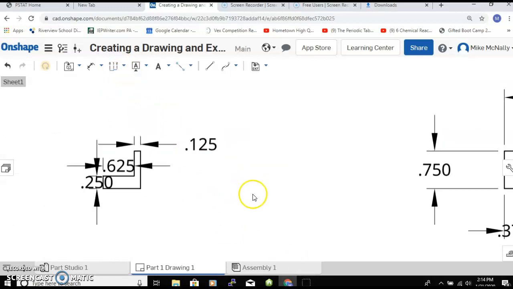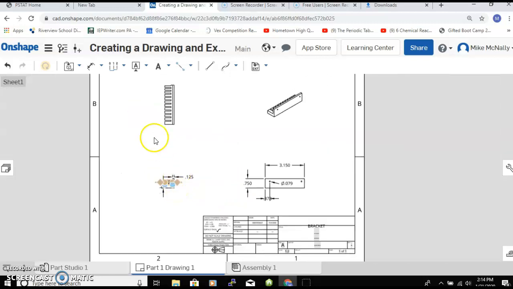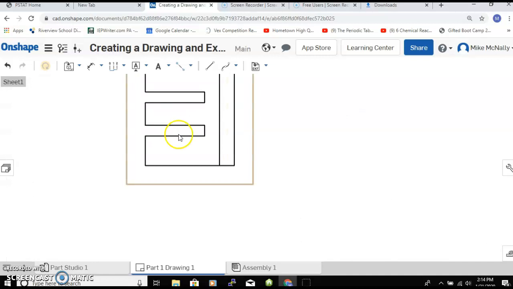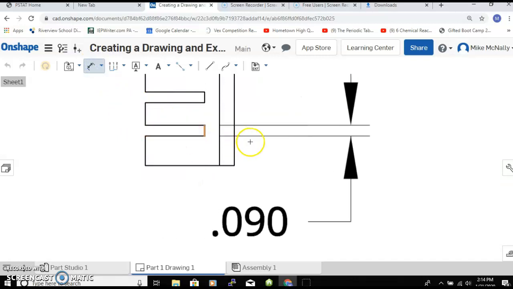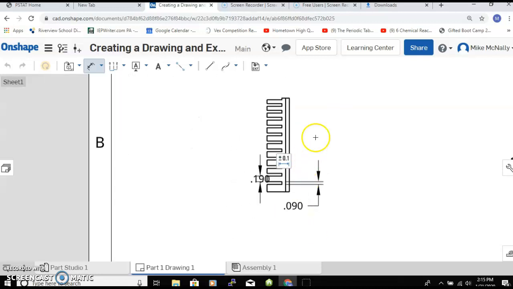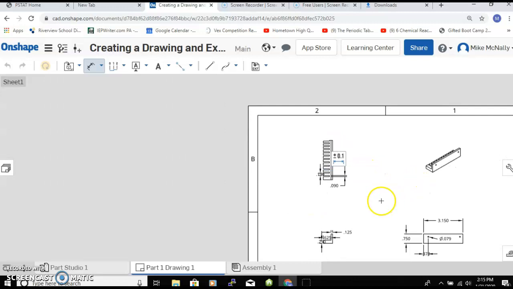Let's see if we can go to one more thing. So this was a bracket that was supposed to hold some wires that we had for robotics. And this is a cutout so that the wire would go in here. Let's see if we can tell how wide the cutout was supposed to be. 0.09. Well, how far between each cutout? 0.19. So you can see then, if we zoom back out, and if we use the dimension tool